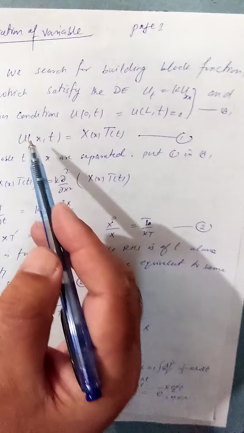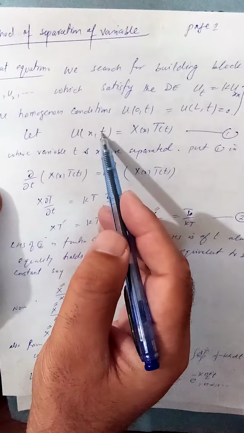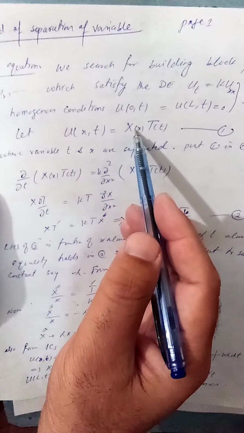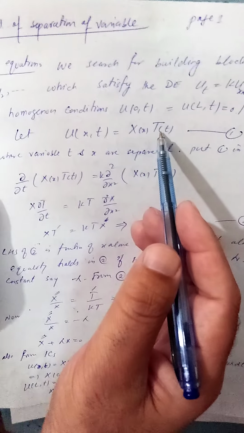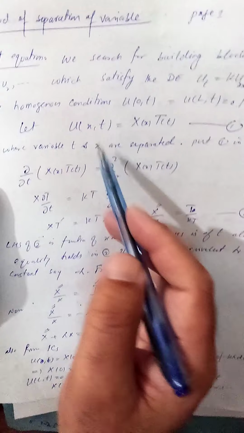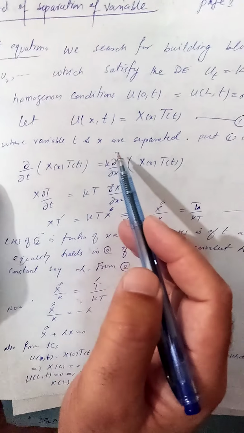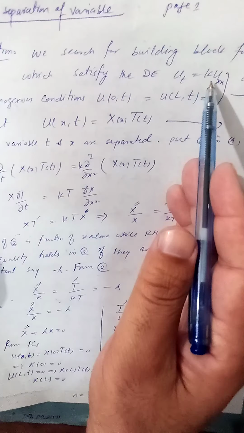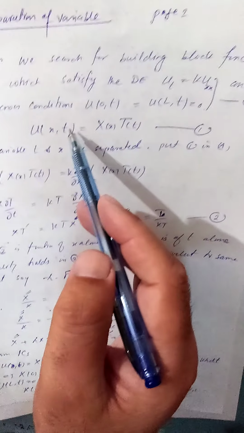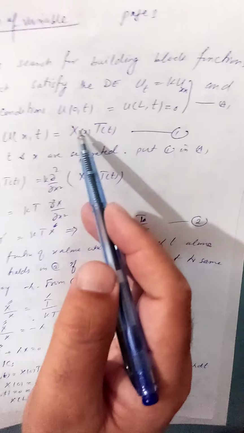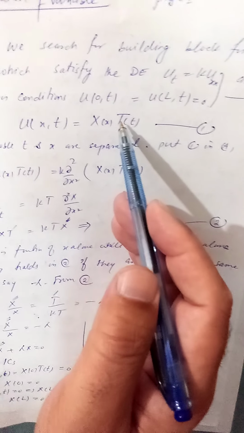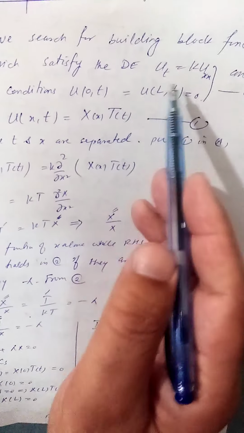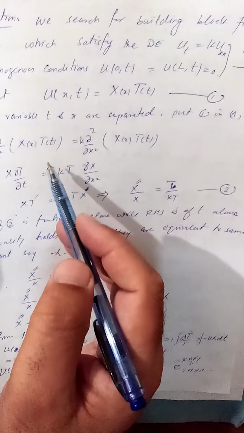We write the function u, which is of two variables x and t. We can write it in separable form as X(x) and capital T(t). These two, x and t variables, are separated. Now putting this function in equation A, that is differentiating with respect to t once and with respect to x twice, and putting here, we get